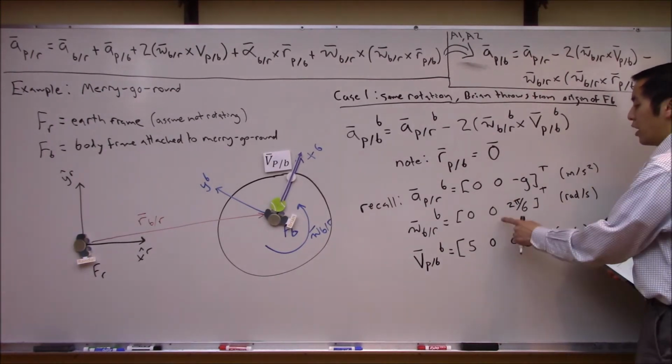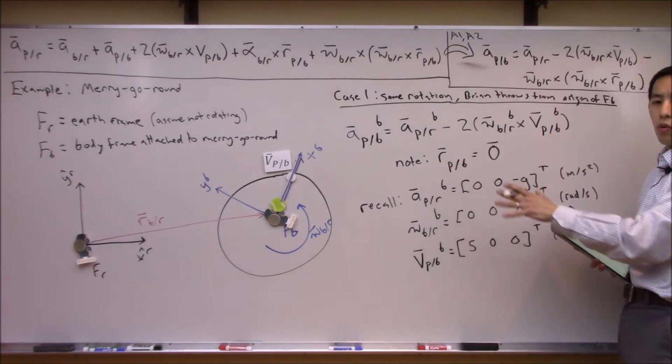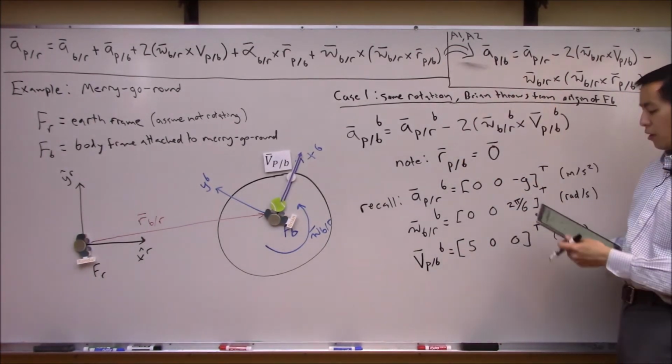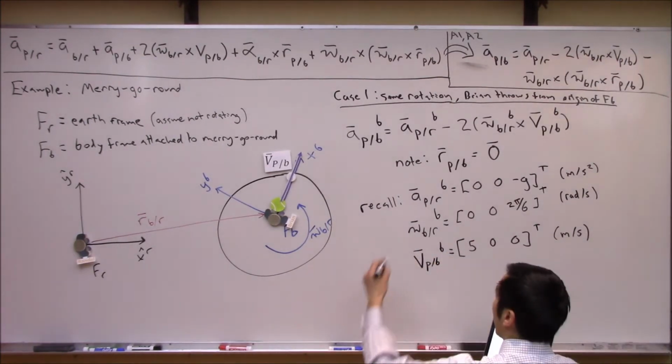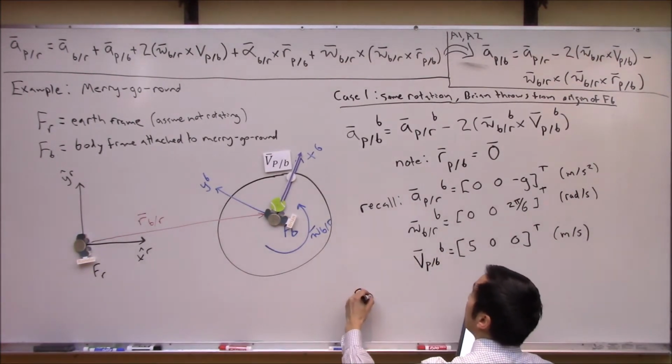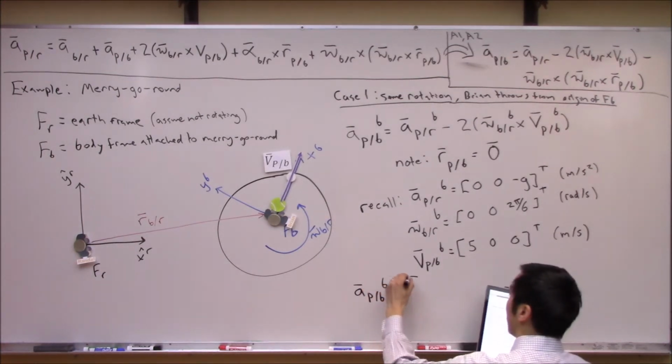So all we've got to do is take these 3 vectors, jam them into here, and run over to Mathematica, or whatever you like, to do this cross product and all of this here. And what do we end up with here? What you end up with is that a_P with respect to B, expressed in the body frame, is going to look something like